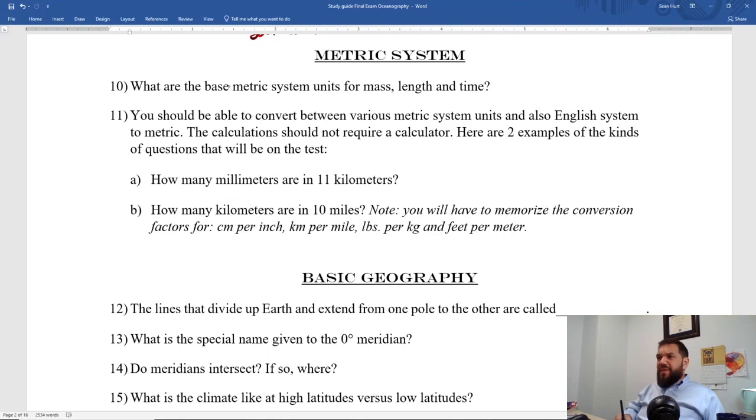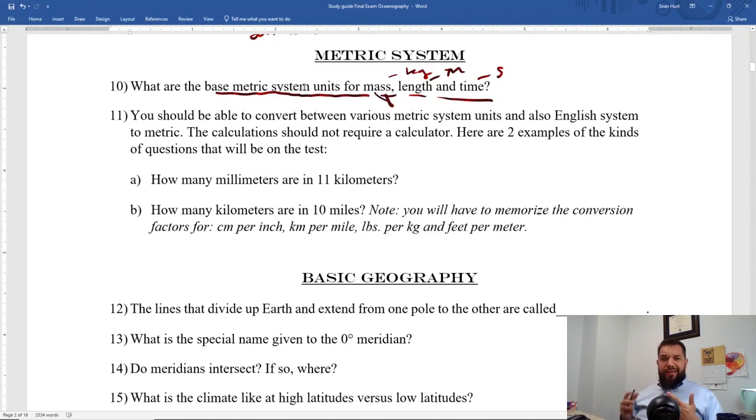Now, I don't know how much it'll help you, but know your base metric system units for mass, length, and time. Okay, for mass, that's kilogram. Length is meter. Time is seconds. There'll probably be multiple choice questions about that. I'll throw in some English system units to kind of confuse you. So, for example, what's an English system unit we use for mass? It's something like pounds or ounces, right? For length, we use miles or inches or feet or whatever. Okay, so those would not be the correct answers. So you want to know kilograms, meters, seconds. Those are metric system units. Of course, we use seconds in the English system as well, and that's okay.